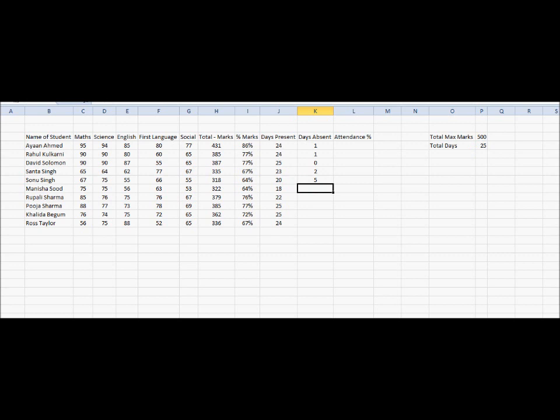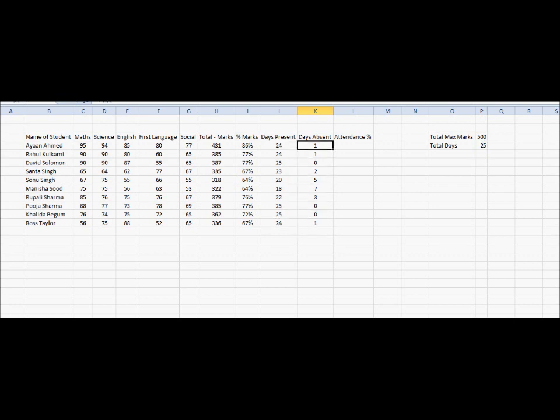So you should understand one more thing. This is something which will not be done using calculators. We can do it with calculators, but again you need to note down the results, or try everything again and again with each of the records of the students. So this is the easier way, and this way we can maintain a template.